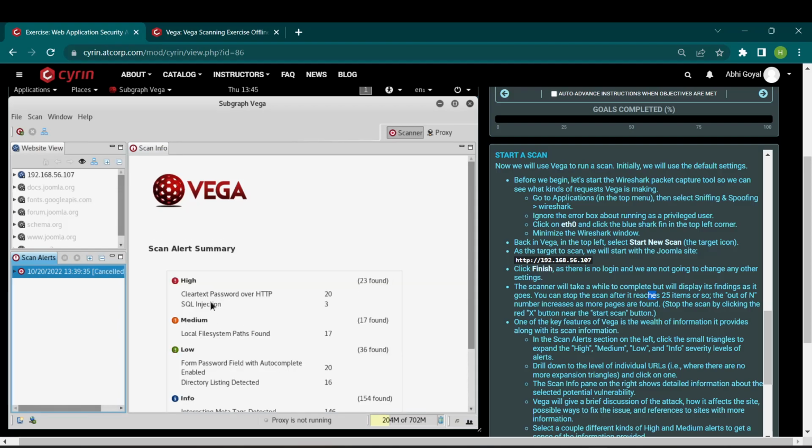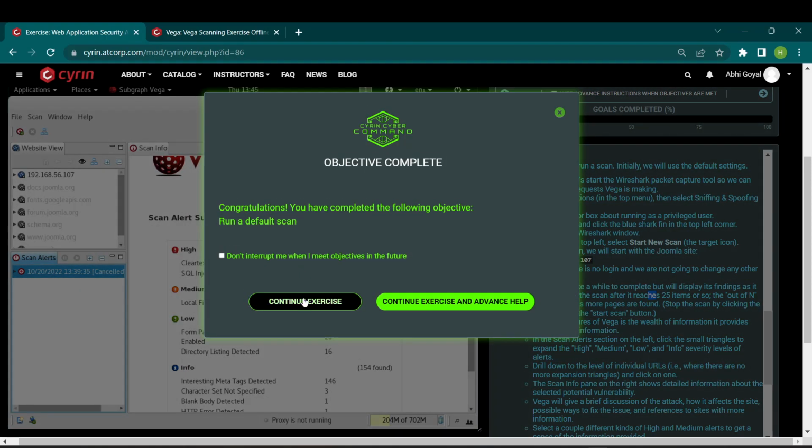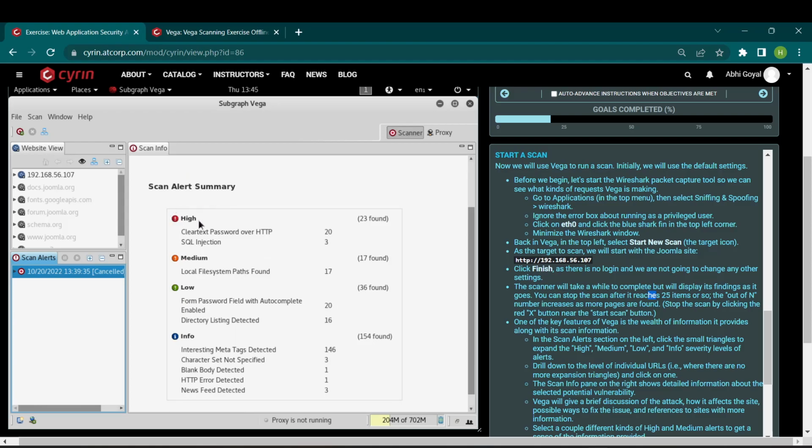So we have stopped it here, and we can see all the summary, and we have performed our first task. We can see the alerts scan summary that we have performed on the specific URL. 23 high vulnerabilities found, 17 medium, 36 low, and info 154. So these are the scan results that we have got. We can see it from here at the top in the scan alerts,